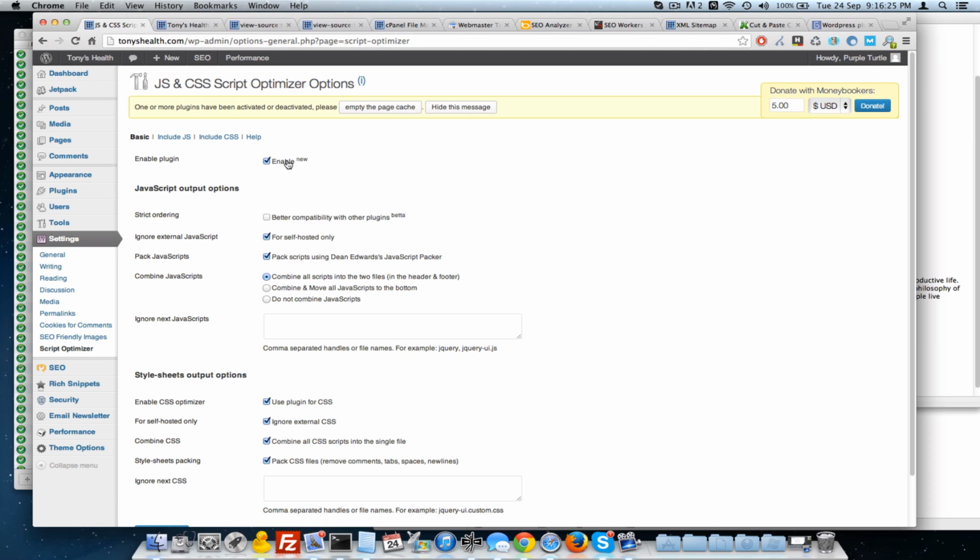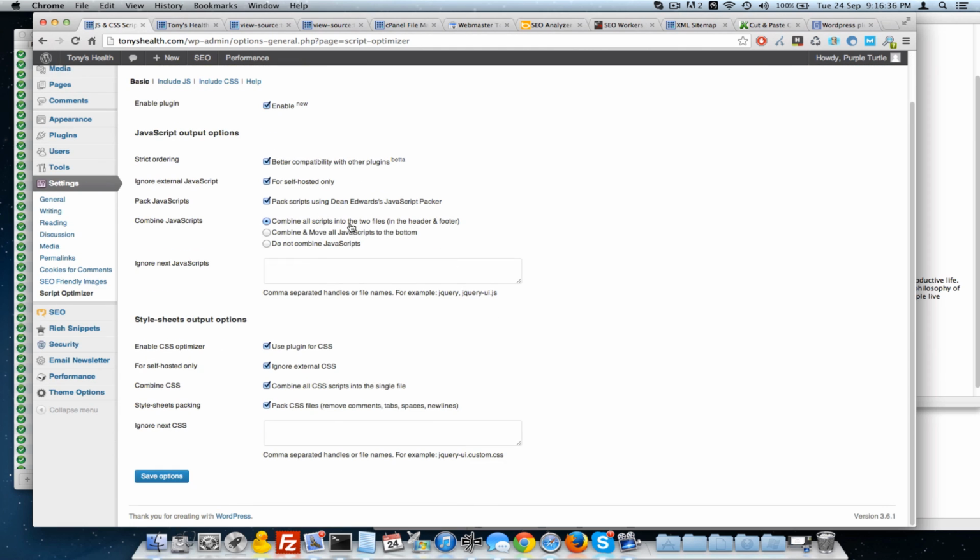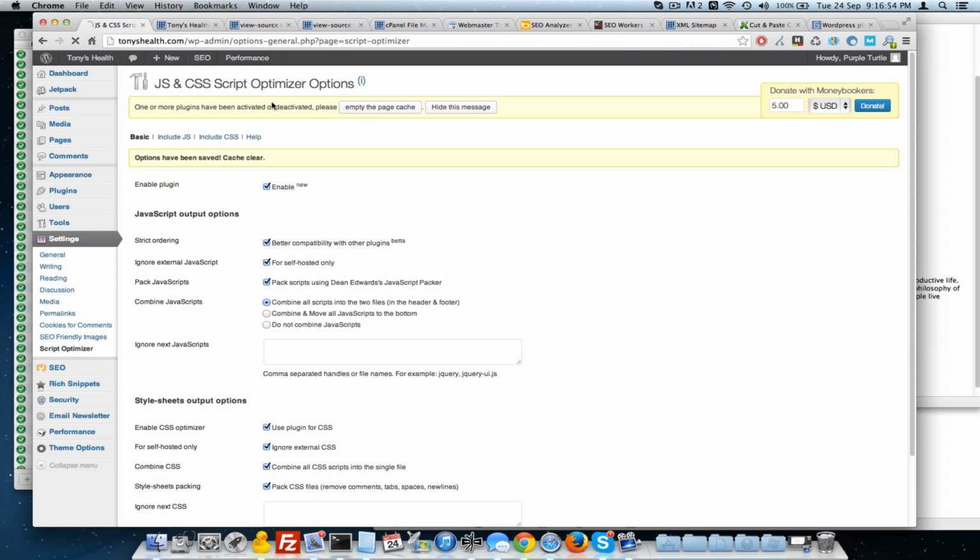So what I do is I first check the enable, leave these two checked, but I usually want to check the strict ordering. So these three will be checked. We're going to combine all the scripts into the two files in the header and the footer. And we are going to use this for plugins. We're going to ignore all the external CSS. We're going to combine them all into one, and we're going to pack it into one file. Hit save. I'm going to empty the cache,